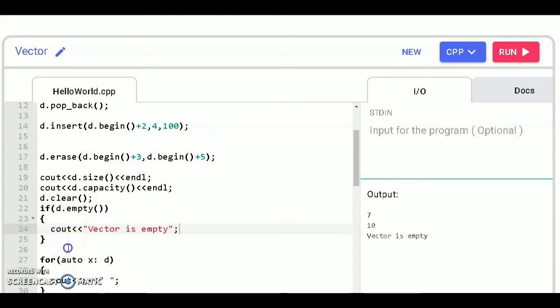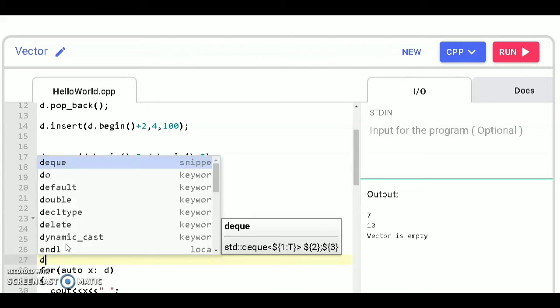And let's say we will insert some elements in the vector by the pushback function, d.pushback.